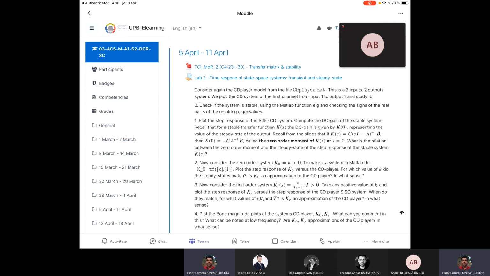So you have to start considering these models. Note that the CD player is a multiple input, multiple output system, but we just take a channel. You just take the first channel, between the first input and the first output, and take this transfer function, this system, and you have to check how the eigenvalues are, and then you have to plot the